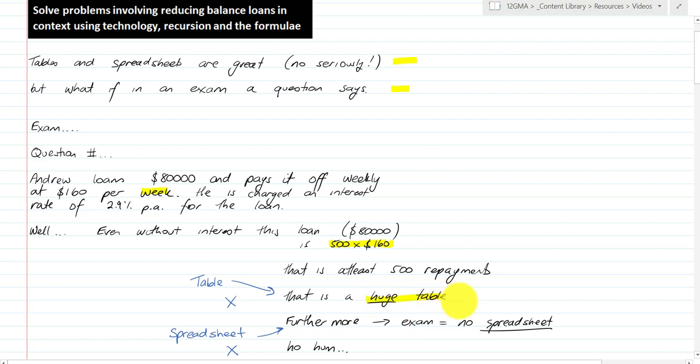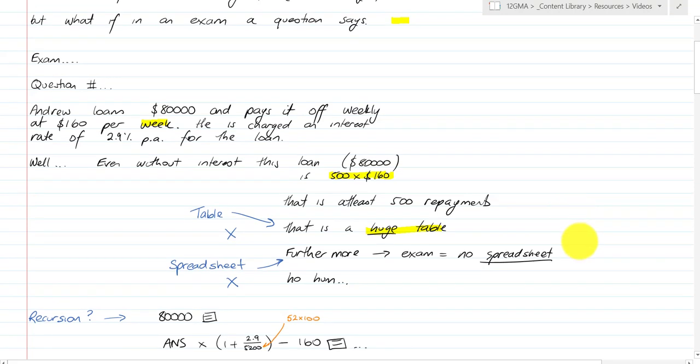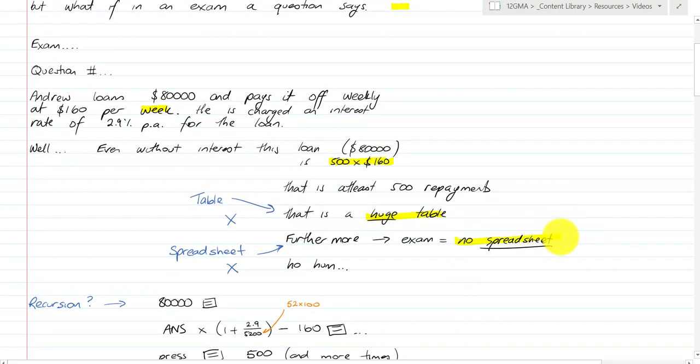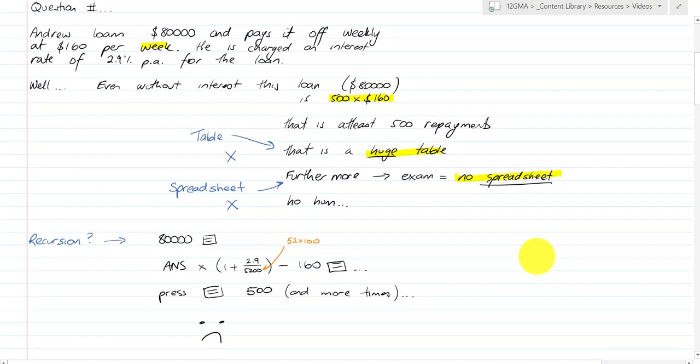That's a huge table. Furthermore, you're in an exam, so there is no spreadsheet, so you can't even do the spreadsheet method. So what do we do instead? Well, we did learn recursion in the calculator. You press, and try this now if you want, 80,000 equals, set it up as your answer, and then answer times 1 plus 2.9 over 5,200, that's 52 weeks in a year, times by 100 to make it a decimal, and then subtract 160, that repayment, and just press enter, and press enter again,